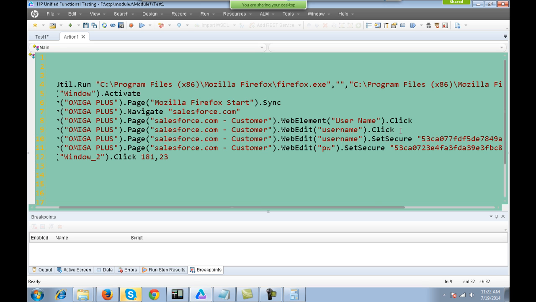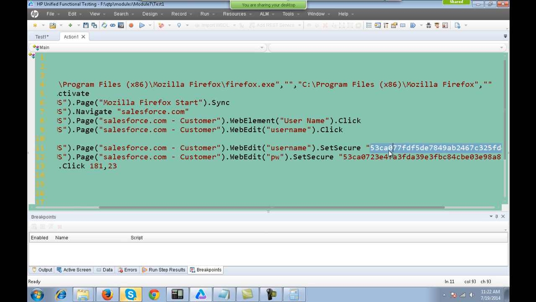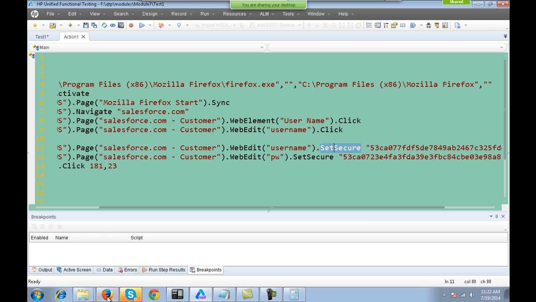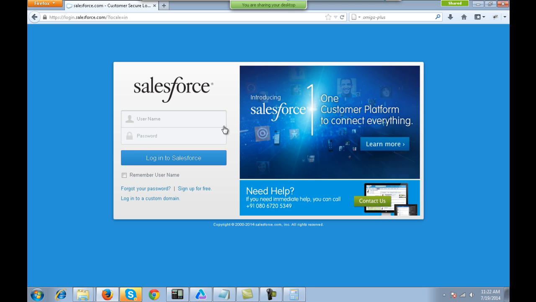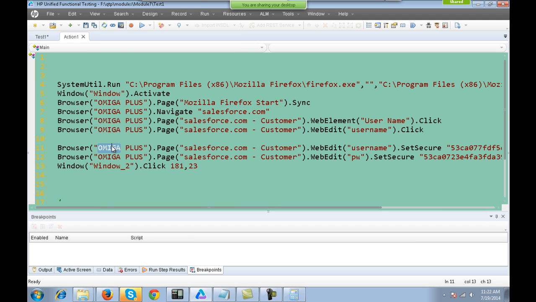So what happens is that automatically when the script runs, UFT will decode the string. For example, if I open up my application and delete these things, and I open up UFT, and now if I want to run the script from this line only, not from the very beginning, I can right click on this particular line and say Run from Step.